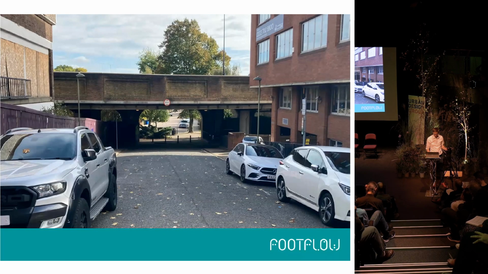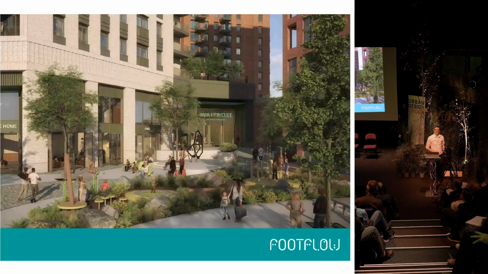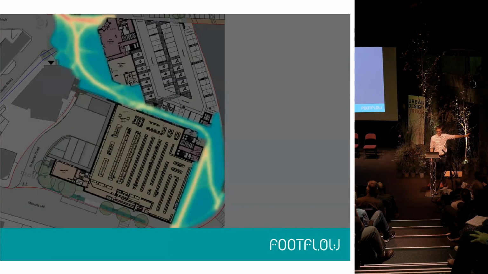And the other question we got asked concerned the render of this lovely plaza outside the supermarket: what's it going to feel like? It was, again, a render with 7 people or something in the foreground. And we were able to say, there's another plaza just up the street, outside the station, which is really busy, and this one will be about a quarter of the pedestrian density of that. I say about a quarter, that's as accurate as we need to get. We don't need to get more accurate. I think that's a good measure. You know that it's not going to be empty. You know that it's not going to have the hustle and bustle of a station environment. You can begin to imagine what that might feel like as a plaza. So that's one use of that prediction